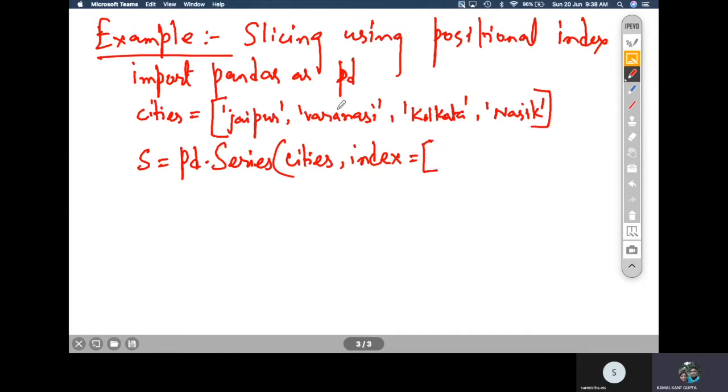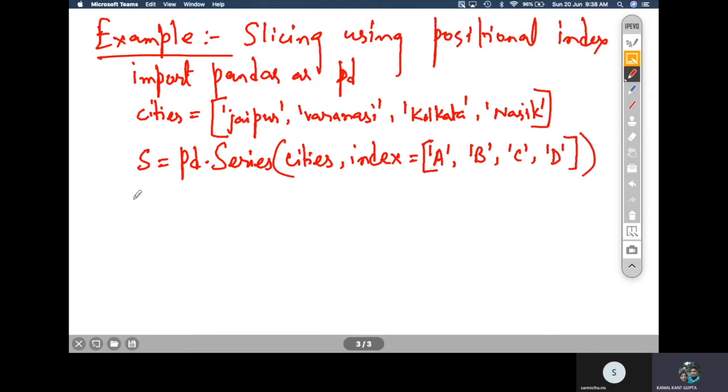Instead of passing the whole list over here, you can just store that list in a variable and pass that variable cities. And we can index it using index is equal to, and here I am indexing as A, B, C, and D.